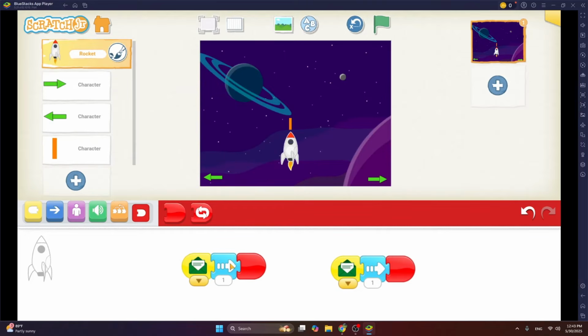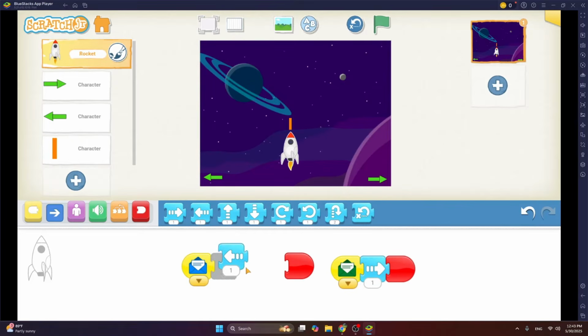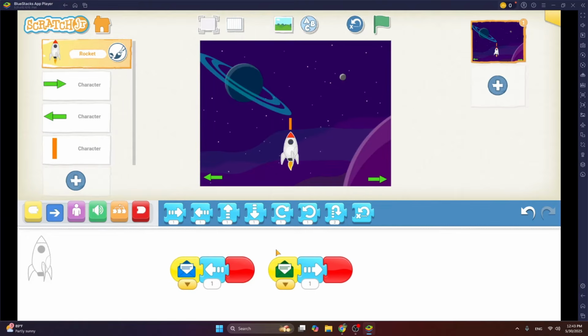So now what we need to do is that we just change it to blue and we get rid of the move right block and plug in the move left block. Okay, so that's it. And now if I start the game, my rocket ship is moving right and my rocket ship is moving left. But what's wrong with the bullet? It should also move with the rocket ship, okay?